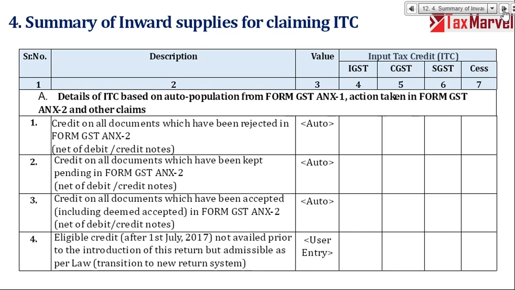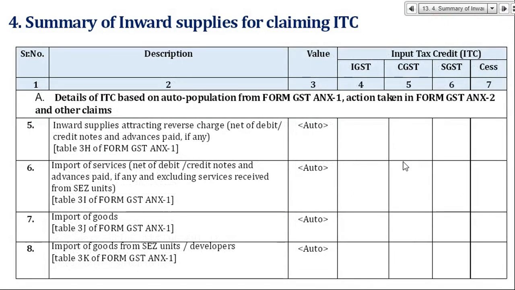And then eligible credit after introduction of this new return. It means this return is introduced from October 20. So any credit I forgot to take for September 20, August 20 or prior to that, I can put in this return. It is user entry. So it is something called transitional credit. We all know that transitional credit is there, or something like 3B on provisional basis. I can report a figure. So any credit which I missed out to report in the previous return which I have already filed can be reported here, right?